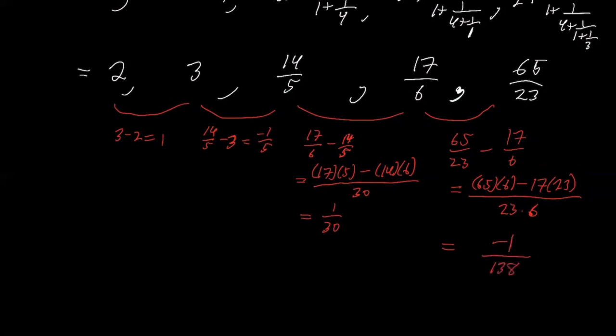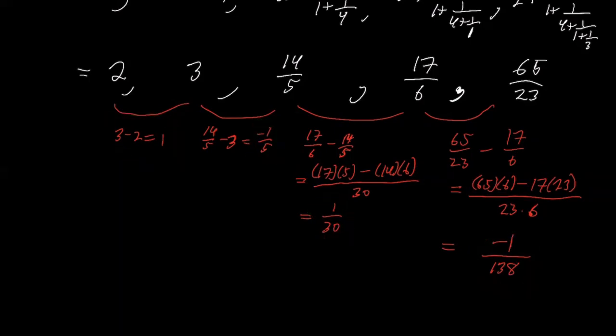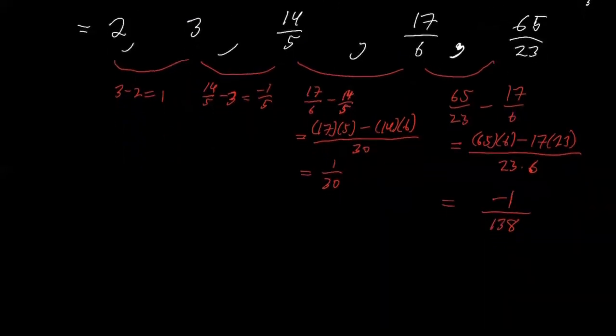So these numbers get closer and closer together. Notice the differences are decreasing. That's one reason I'm talking about this: the differences are decreasing. They're also alternating. To go from 2 to 3, it goes up; 3 to 14/5 goes down; 14/5 to 17/6, because the difference is positive, it goes up; that goes down. So there's interesting things going on here. And in fact, if we plot them on the number line,